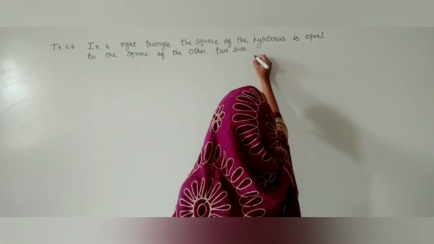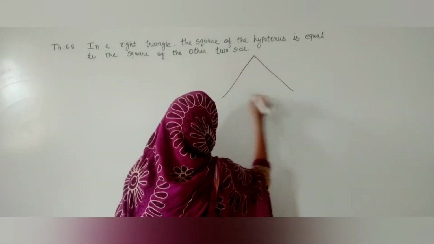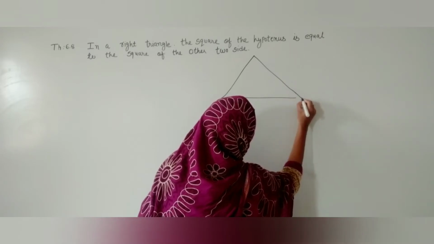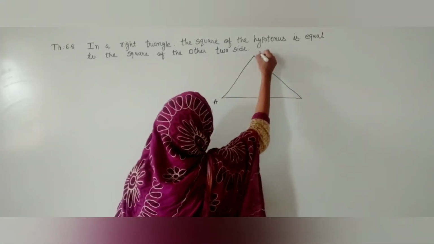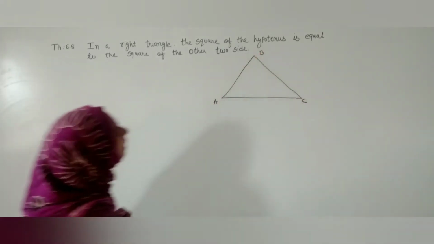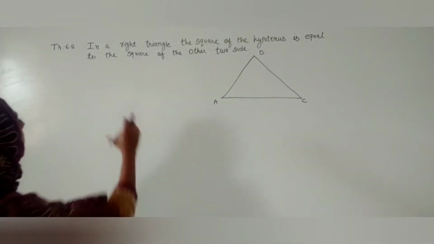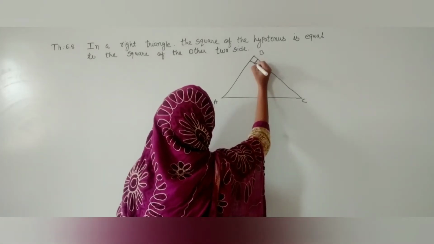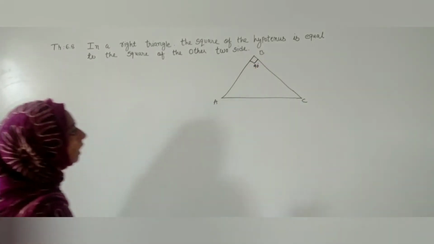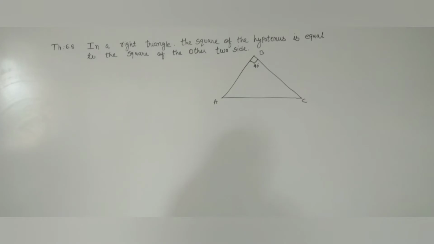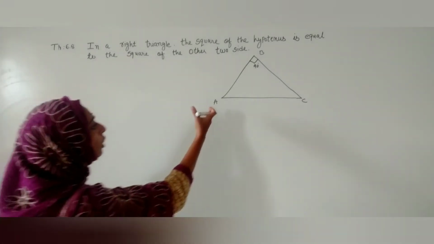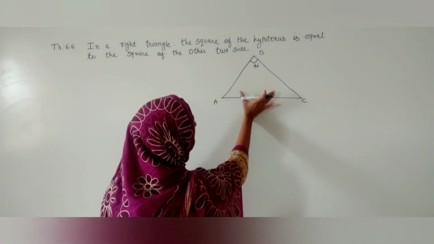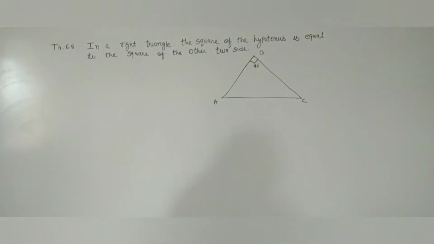So if we are taking one triangle and giving it the name A, B and C, this one is a triangle, and as they told us, a right triangle. So let us take angle B as 90 degrees, and all these things we are doing by ourselves. You can take another name also, but it is mentioned in the textbook, so we will do it textbook-wise. The square of the hypotenuse is equal to the sum of the squares of the other two sides.